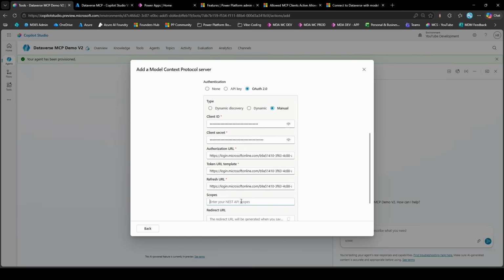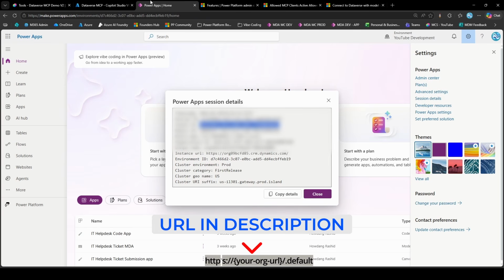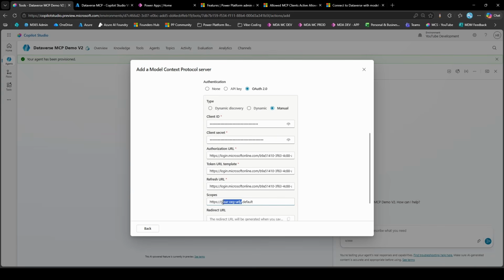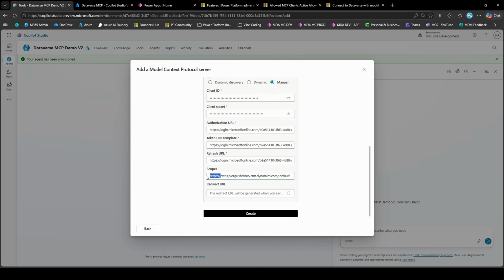And for scope, what we want is another template. And instead of your org URL, we want to come to the Power Apps Maker Studio again. Take your instance URL, copy this, and with this first slash, we just want to take this, select it, and then paste our organization URL here. You can see I've got this wrong, so I just need to take the HTTPS out,